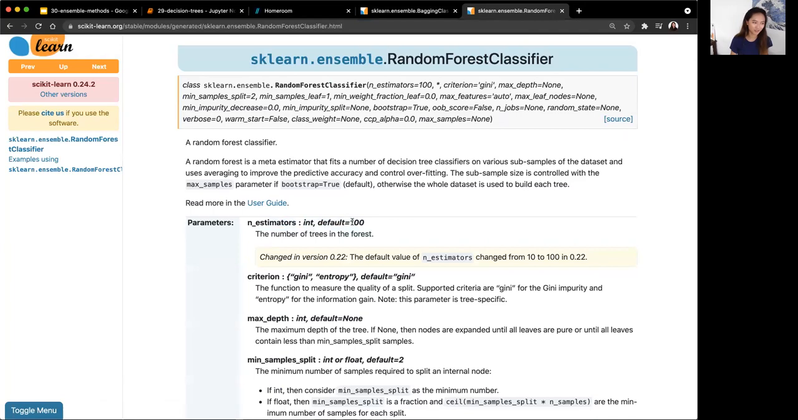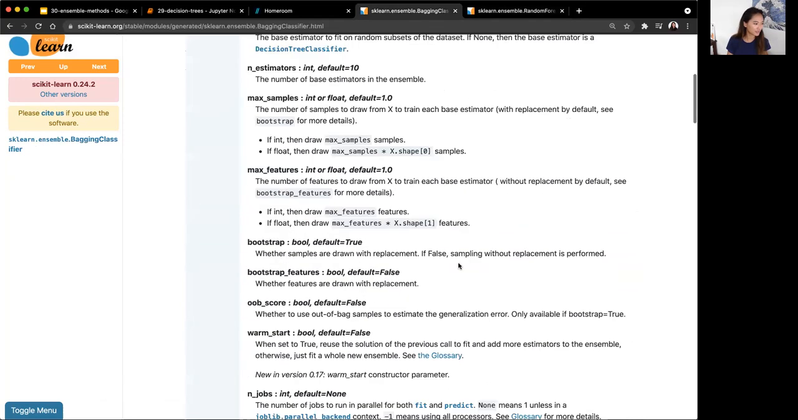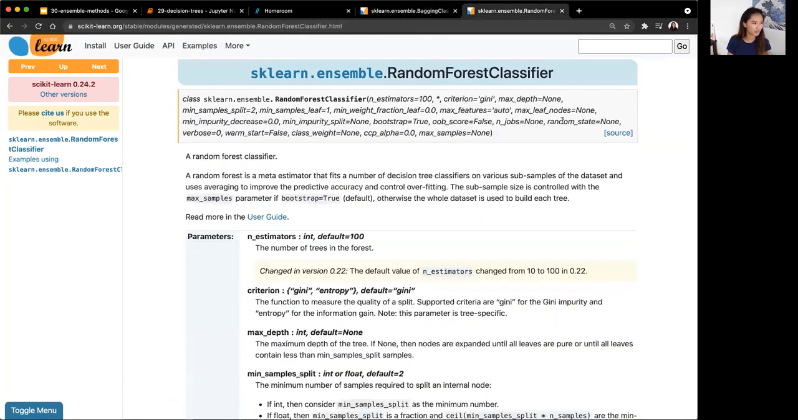Yeah, you can see, oh, for this one, the default is 100. But yeah, you can do like 100, you can do 500. The more estimators, the longer it will take. That's the main thing. As you can also see within bagging classifier, and actually not bagging classifier, but for random forest,